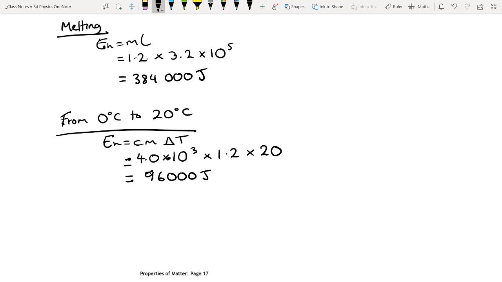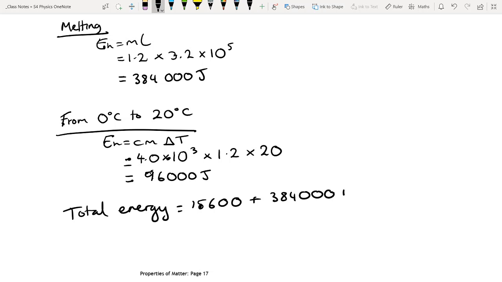And then to find the total energy, you add the 3 of them up. So total energy equals 15,600 plus 384,000 plus 96,000, which comes to 495,600 joules. That's your final